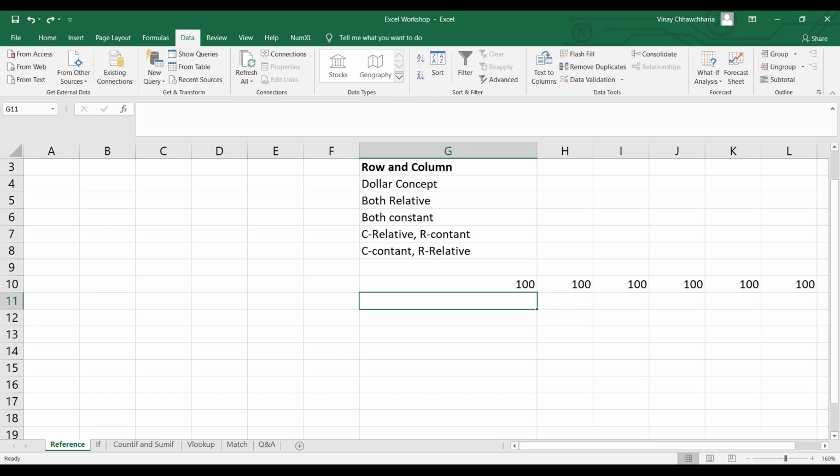Vice versa, when the dollar is placed before the row number, only the row is constant, column is relative. And when there is no dollar, both column and row are relative. The shortcut for referencing is F4. F4 should be pressed when you are inside the cell, and for some laptops it can be Fn plus F4, depending upon the laptop setting.